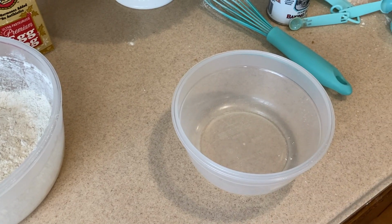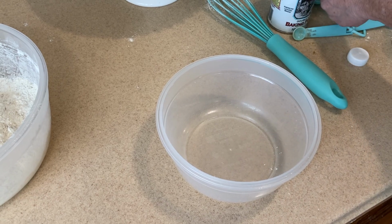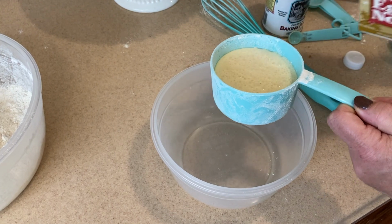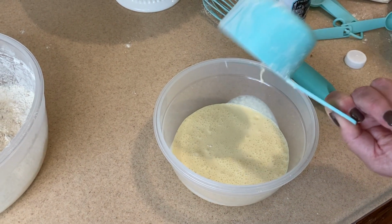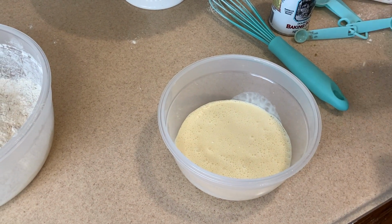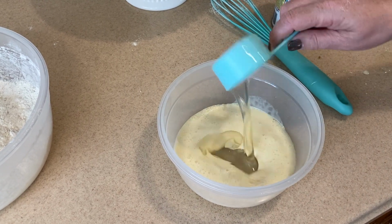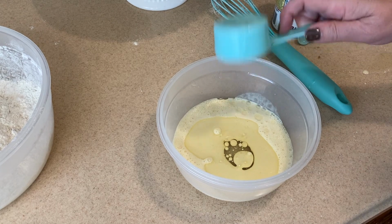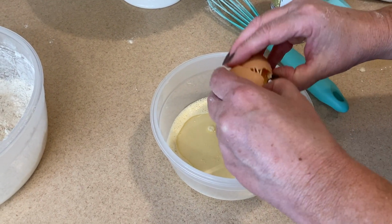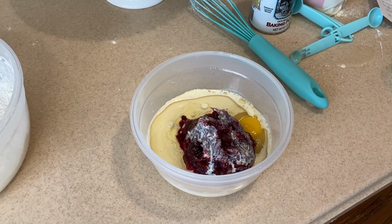So for our wet ingredients, if you're using milk, by all means use milk. I'm using eggnog because I want to use it up, and I'm going to put in 3/4 of a cup of eggnog. This is non-alcoholic, please. This is not alcoholic. This is just regular eggnog. I'm going to add a 1/4 cup of vegetable oil or canola oil, any kind of mild tasting oil you may have. I'm going to put in 1 egg, and I'm going to put in 1 cup of my leftover